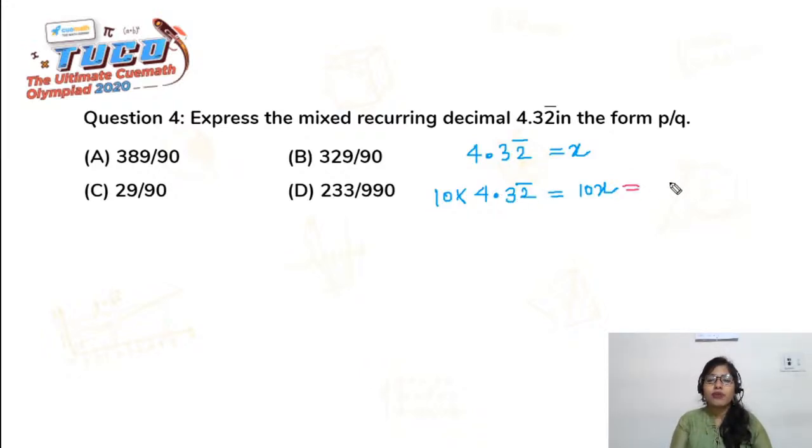So this point shifts by one place. I get 43.2 bar, which is equal to 10x, okay? I'll tell you the reason why I multiplied it by 10. Now carefully see, everybody carefully notice, if you subtract 4.32 bar from 43.2 bar, are you able to eliminate